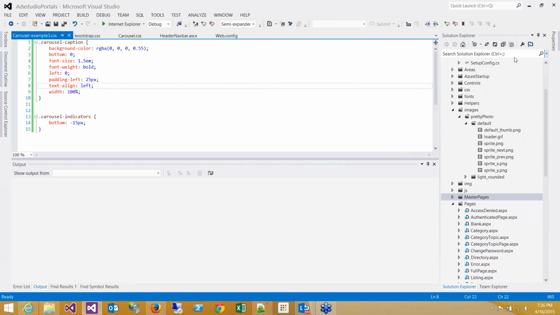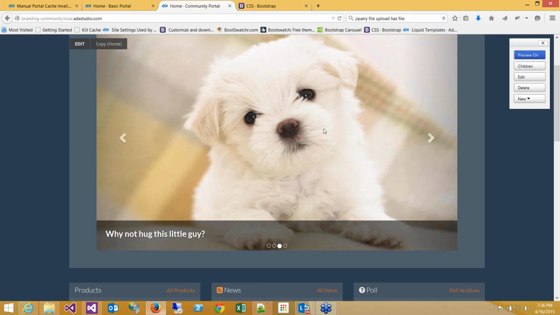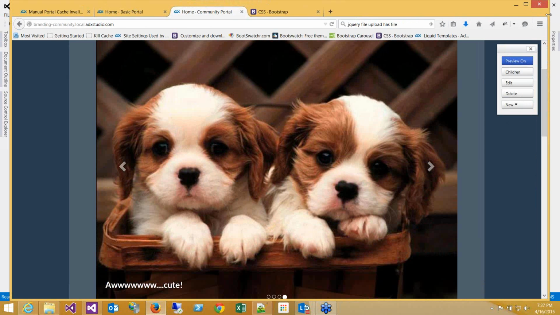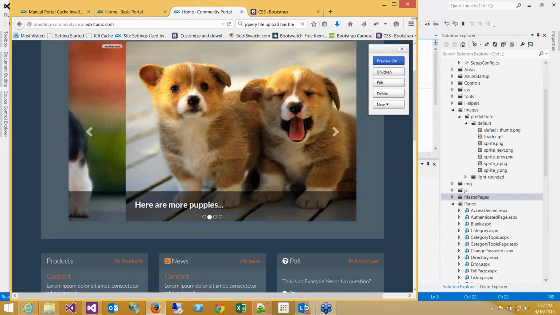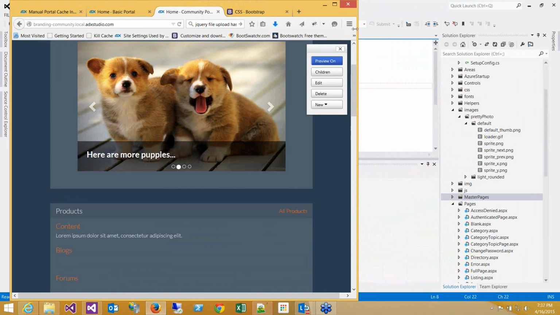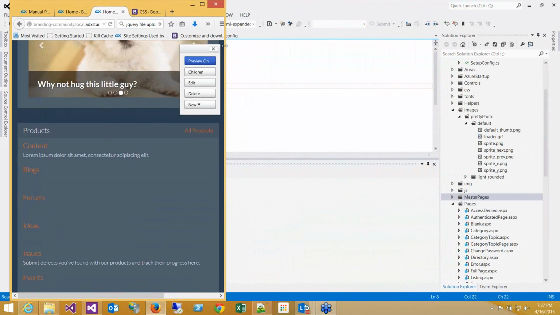So from there, I would just like to touch sort of on the responsive elements within the portals. So the responsive elements are essentially what they are in Bootstrap, and for those of you who aren't familiar with the term responsive CSS, that just means that as my screen size gets smaller, my page resizes itself gracefully,